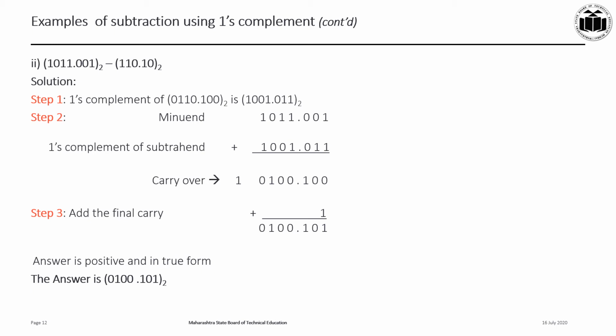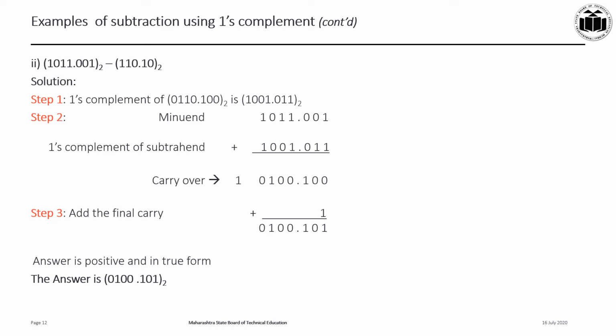So in step 1, you can see the 1's complement of 0110.100 will be 1001.011. Step 2 will be to add the minuend and the 1's complement of the subtrahend, which gives you a carryover of 1 and the answer is